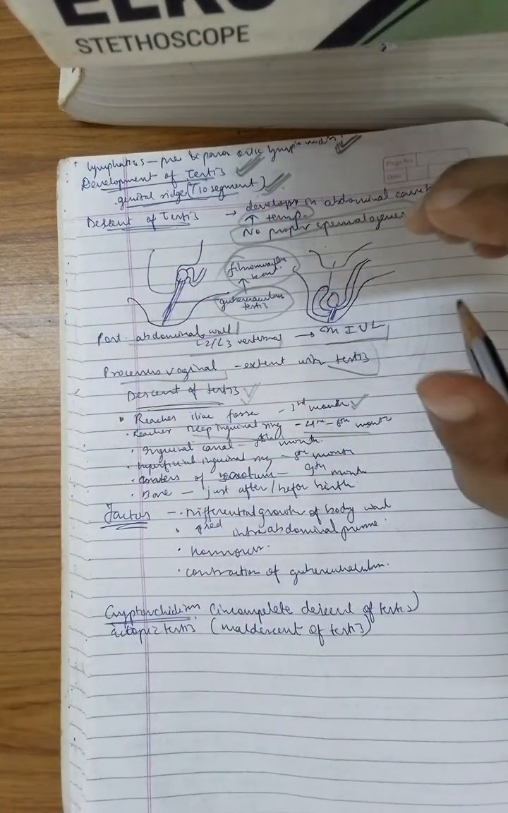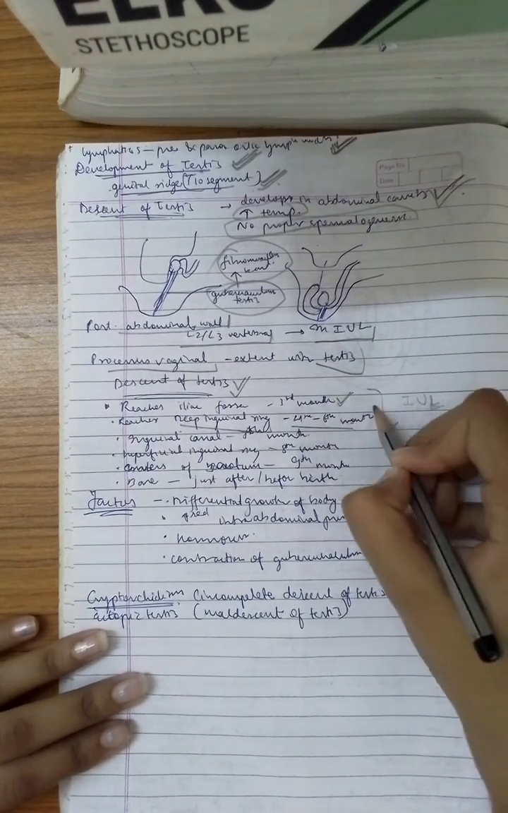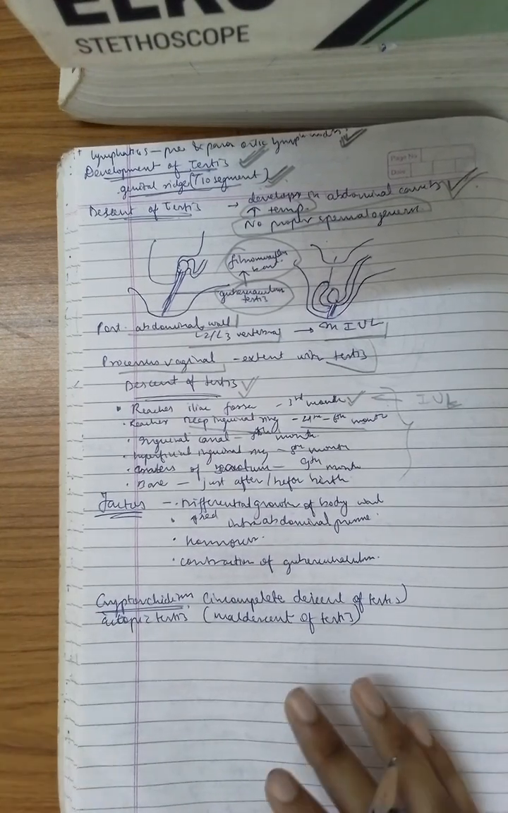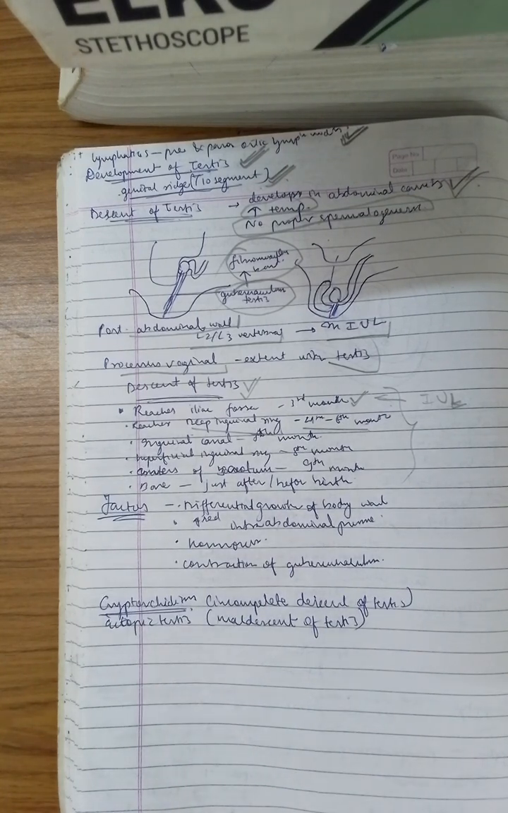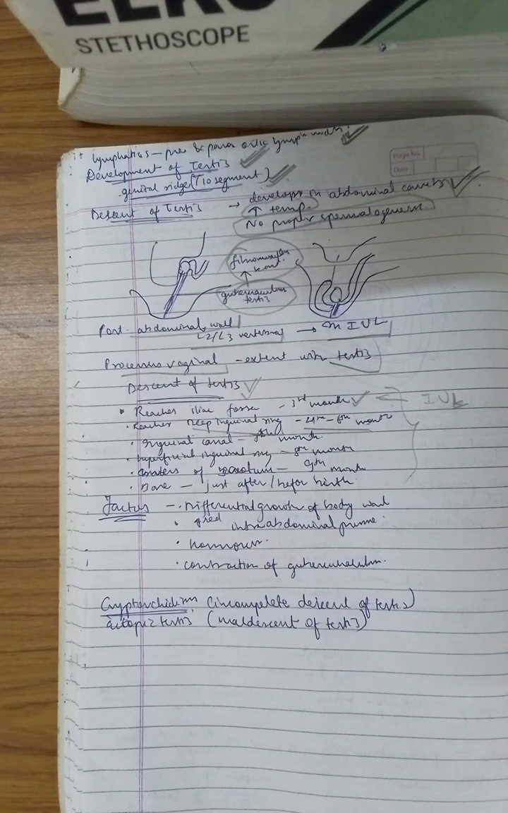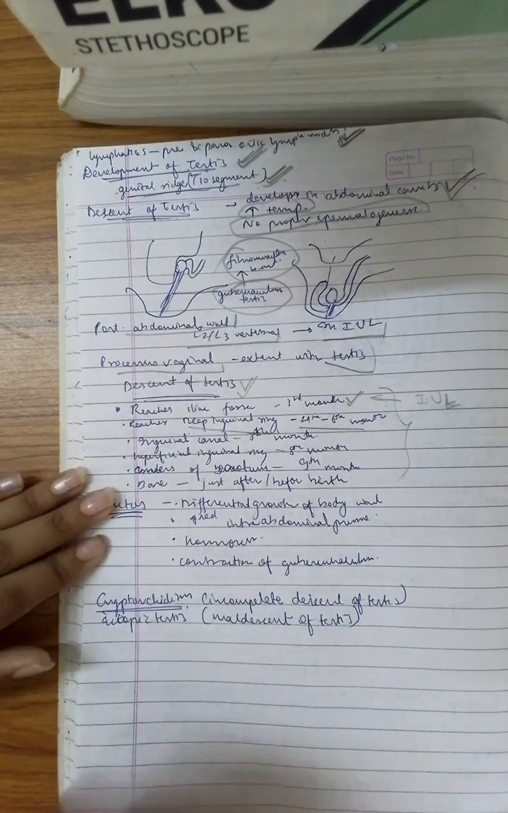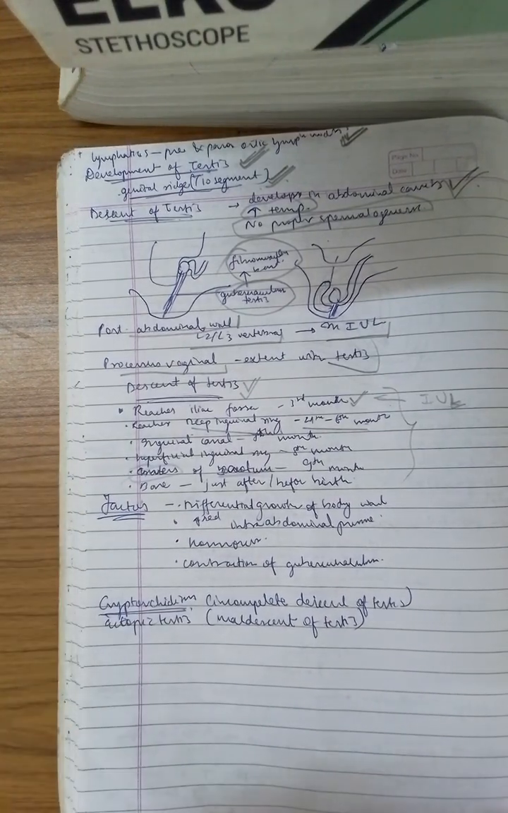At the 3rd month of intrauterine life, it reaches the iliac fossa. In the 4th to 6th month, it reaches the deep inguinal ring. In the 7th month, it reaches the inguinal canal, and in the 8th month, it reaches the superficial inguinal ring. In the 9th month, it reaches the upper part of the scrotum, enters the scrotum, and reaches the base of the scrotum